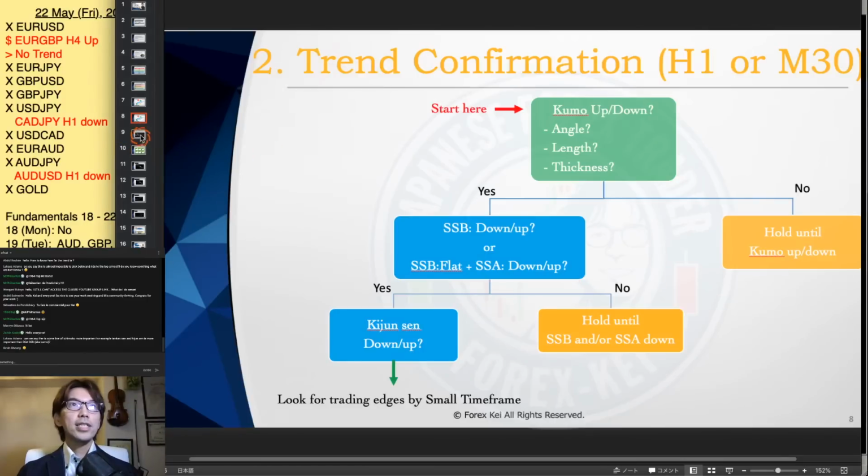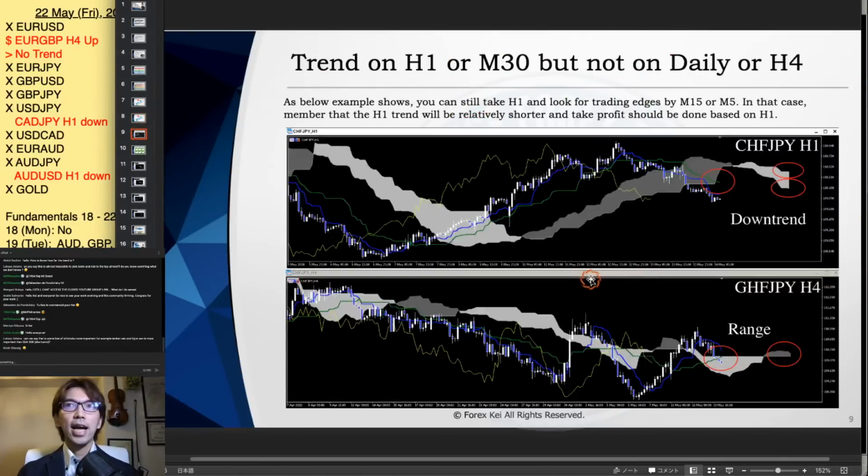And that's what it says on the next slide on page 9. So let's say you confirm a trend on 1 hour or 30 minute, but not on daily or 4 hour. In that case, what would you do? To make the long story short, you can take the 1 hour chart. In that case, you can just take the 1 hour chart to ride on the trend. So this example shows